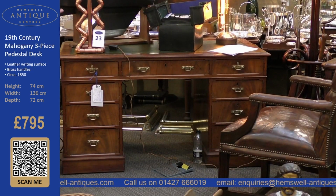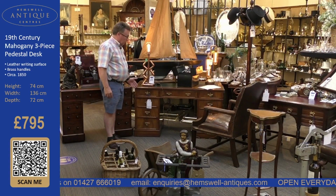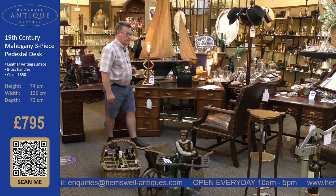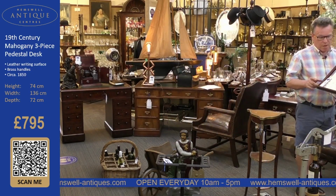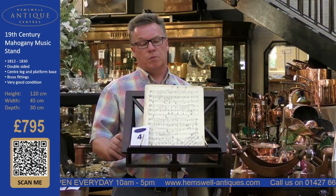Again, the back, it is a plain back. There's no cupboards or anything at the back. It is flush. So you could put this in the middle of a room, or you could put it against a wall. Okay. So the next item, something a little bit different, really, is an early 19th century mahogany double-sided